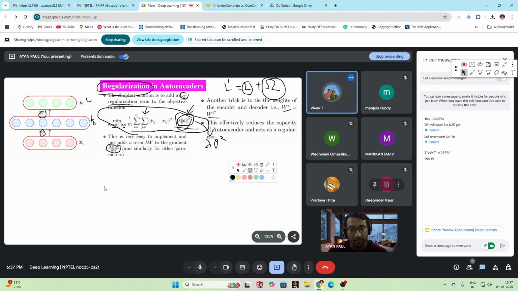Sir, I have a doubt. Yeah, please. How do you correlate that loss function and generalization, sir? You are increasing the loss function, but how does it result in better regularization and less generalization? Why does it happen so?